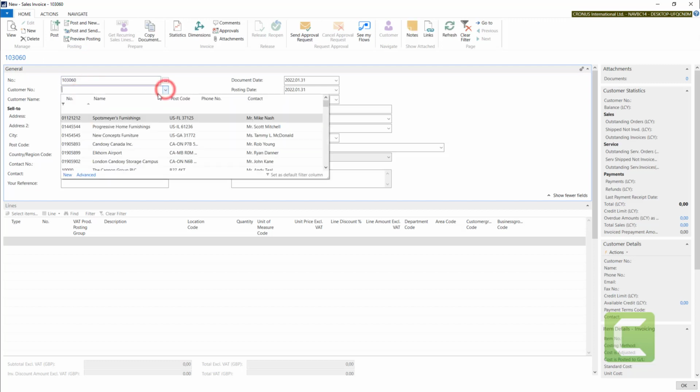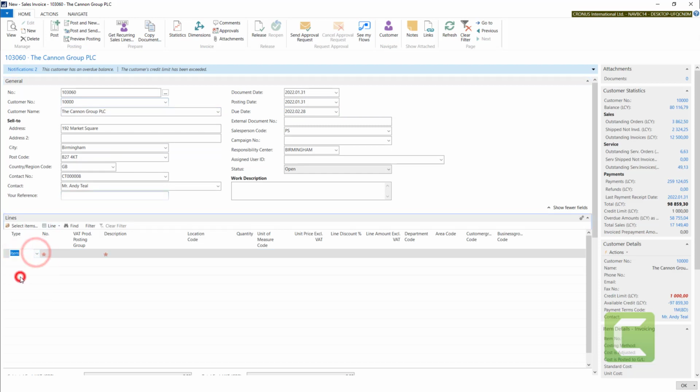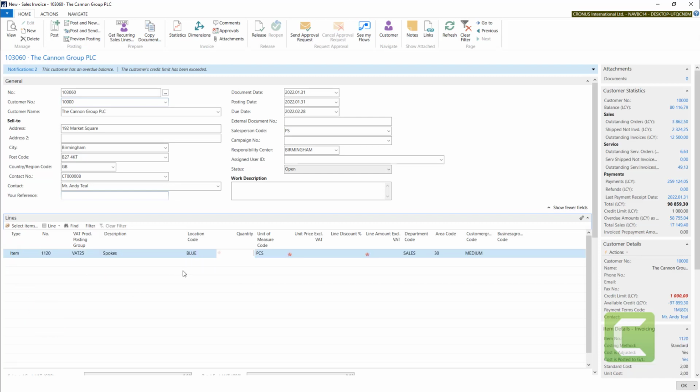Let's try that. I will pick Canon group. I will put some dates. No, I don't need any dates. I will pick item 1, and some price. So if I go and post it,